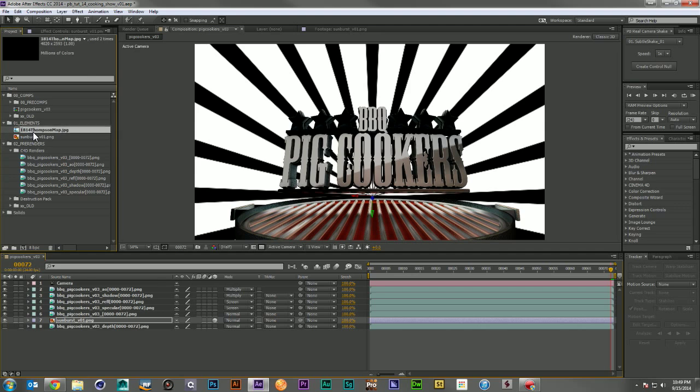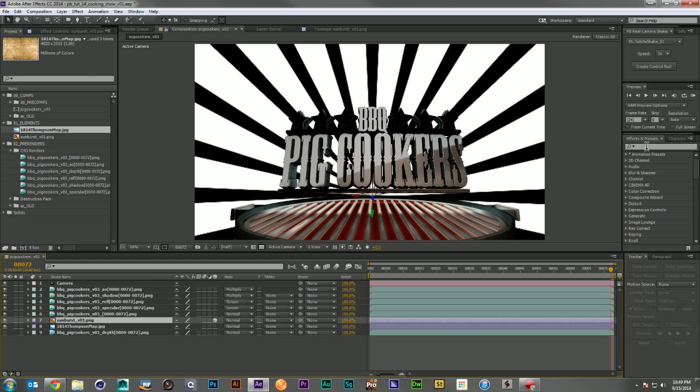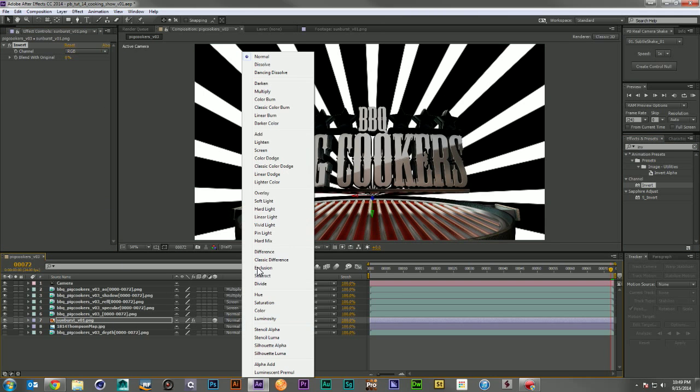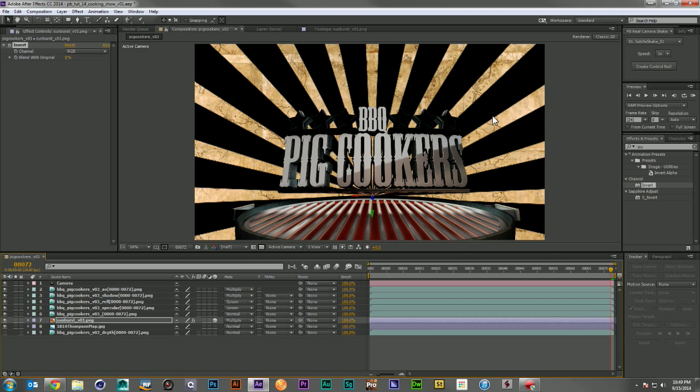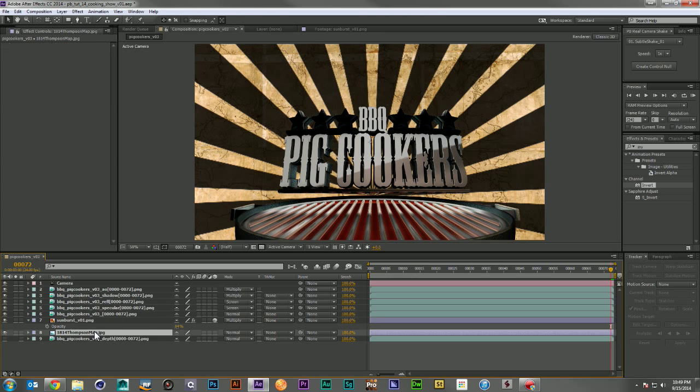And I'm going to grab this map and put it all the way at the bottom. And I'm going to invert my pattern. So I want to have more black than white. And then I'm just going to multiply this over the top there. And maybe turn down its opacity just a little bit. And then I'm going to take...